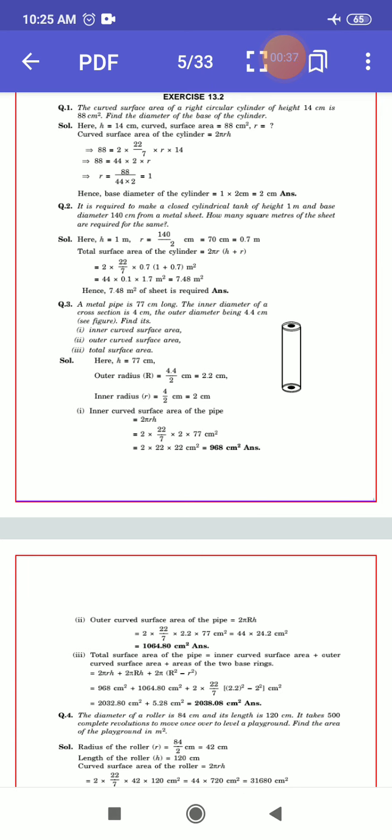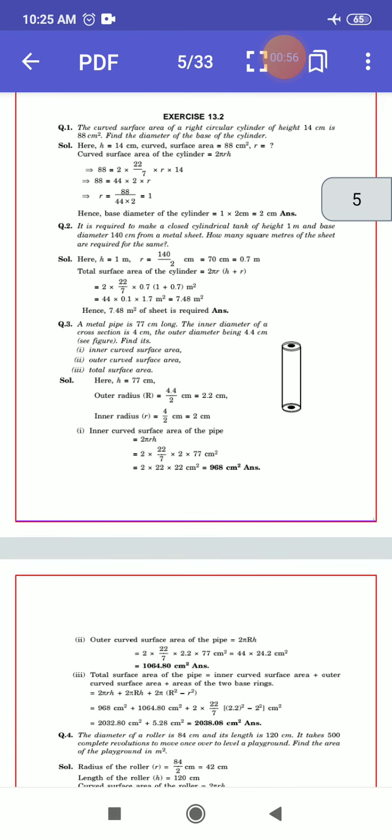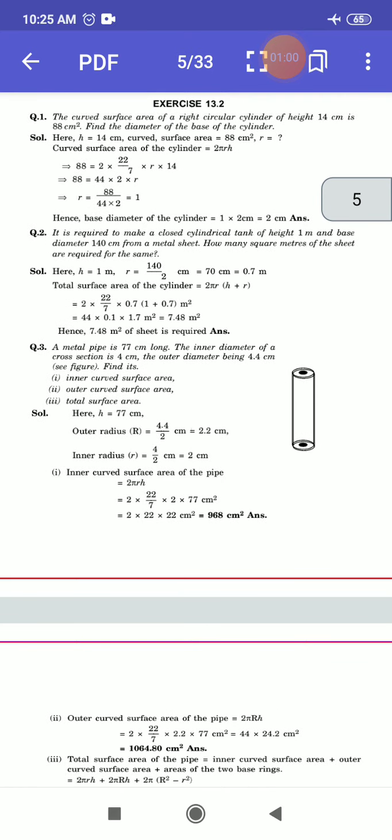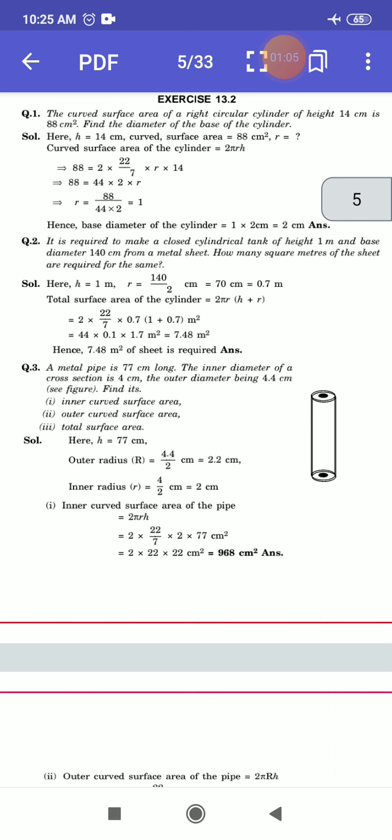For starting this exercise, first of all, I request that you take all these formulas from the book, or write them in your notebook. So you have to take it here, and then after that you have to see this video. This video is quite easy, and you have to understand what I say in this question or exercise. Okay, so the exercise is 13.2.